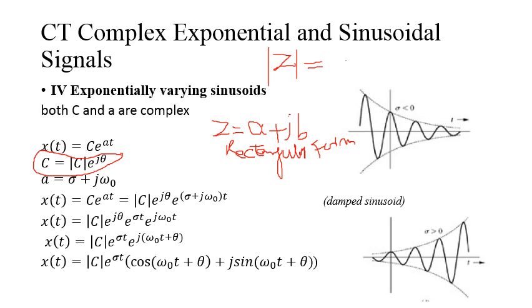To calculate the magnitude we say, okay, real square plus imaginary square, whole square root, right? So this is how you calculate the magnitude. So to express the complex number in the polar form we need the magnitude and we need the angle,